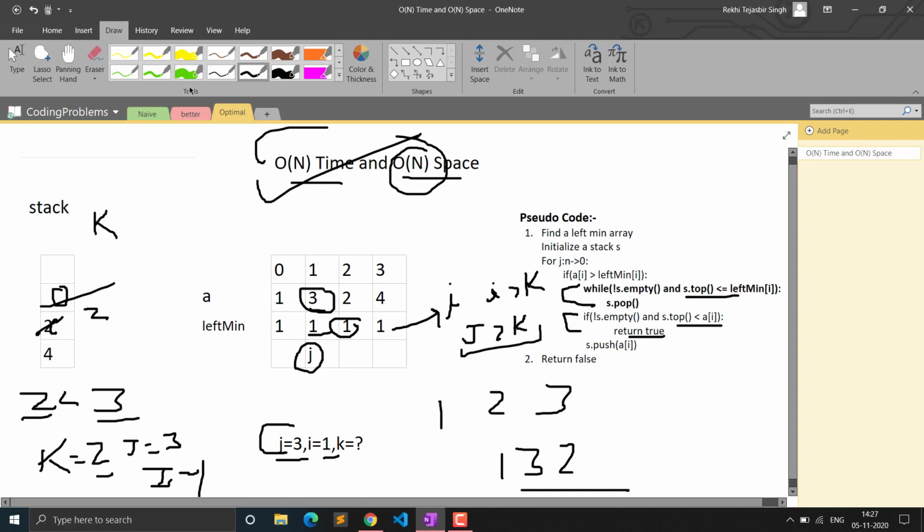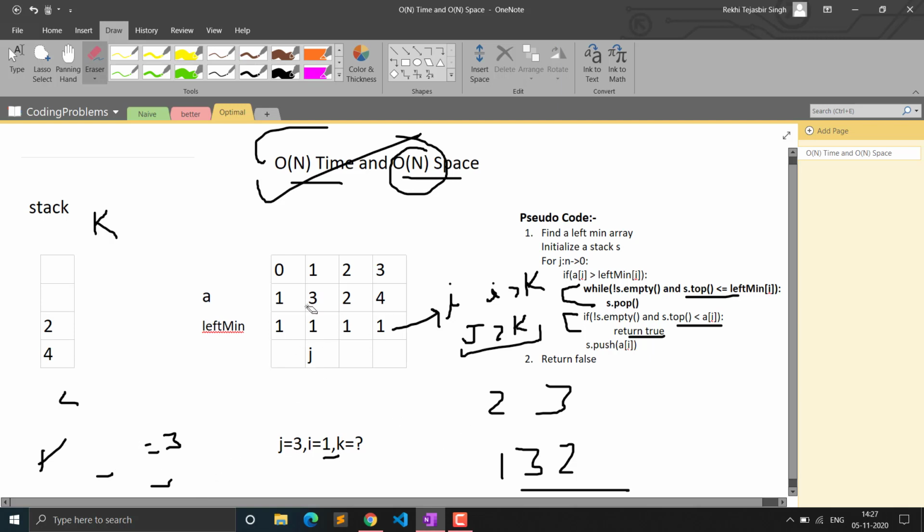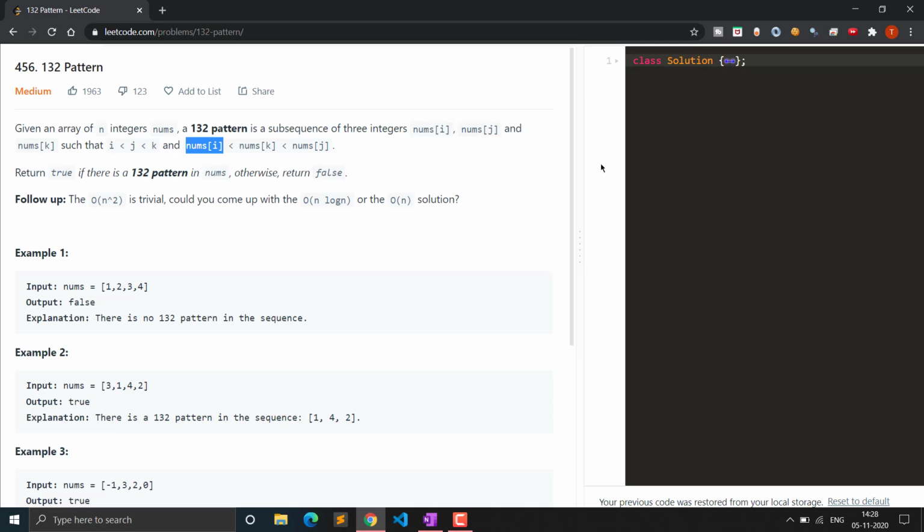And otherwise, if these conditions are not satisfied, what we will do is, before decrementing j, we will push the value we were on into the stack. If j was here and this condition was not satisfied, it was like 0, so j was here, now we will add this value to the stack before moving to the next index. So that is what we were doing. I hope you got to know how and why we are using this stack. So let me show you the code also.